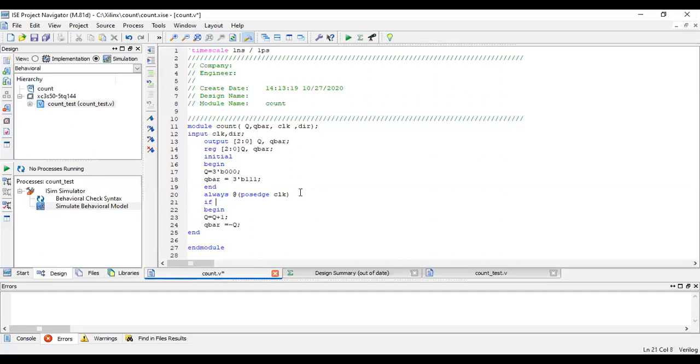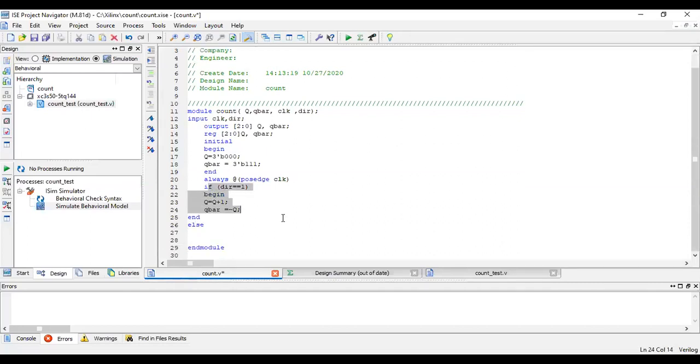So what I'll do, if direction equal to 1, Q is equal to Q plus 1, and else. See, if direction is equal to 1, it is acting like up counter. If direction is equal to 0, what should happen? It should act like a down counter. So what will be your value? Q will be equal to Q minus 1.